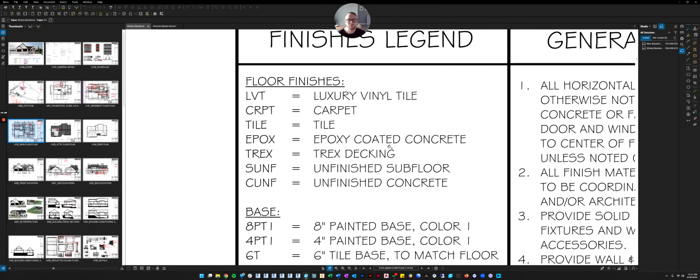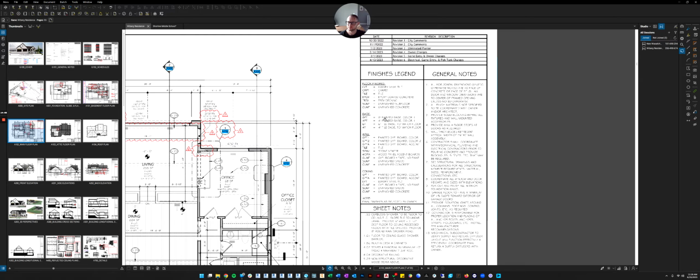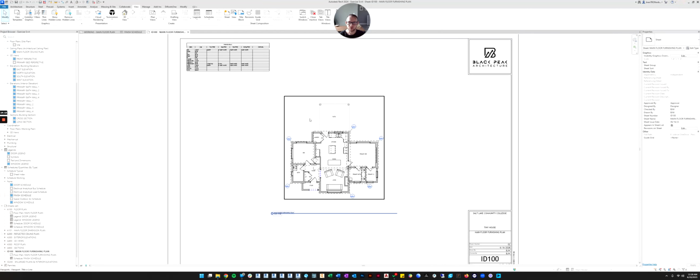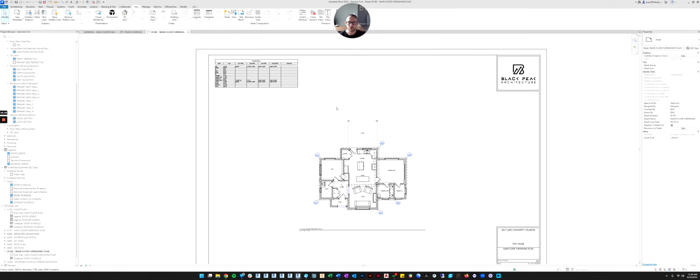Because sometimes when you're first designing it, you want an accent wall, but you don't know the exact color. And you don't want to wait for the owner to make decisions. So you just write out that it's a second color. And then later you can come in and tell the contractor, oh, color 2 is this, or color 1 is this. Okay, so that's all there is to making a finish schedule.